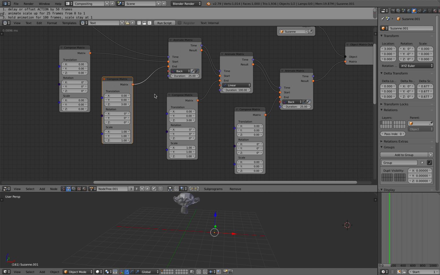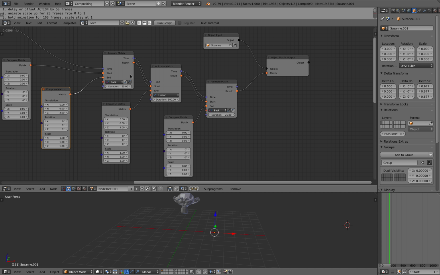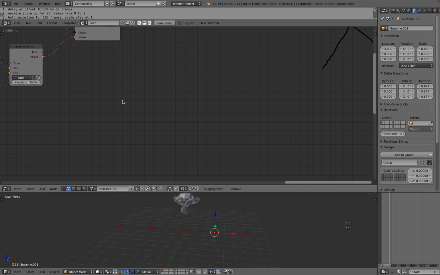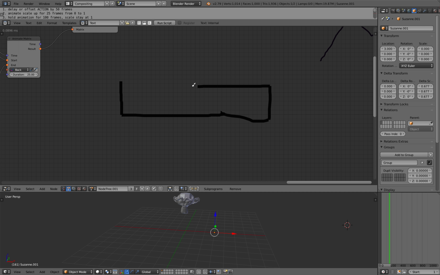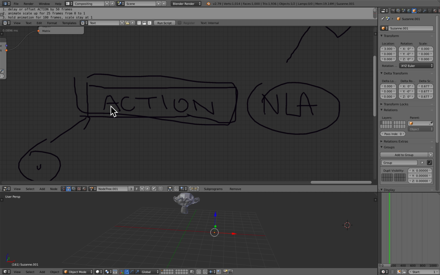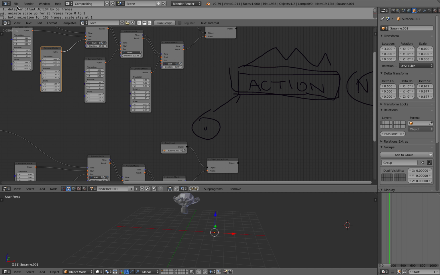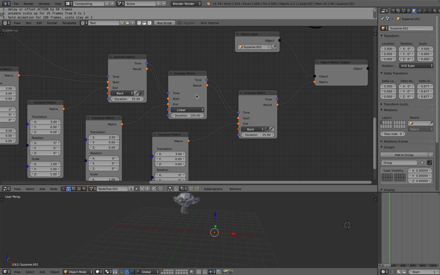Of course, at some point you might want to use Animate Vector, but beyond this you might animate using bones, or other kinds of values that are a little more complex. Ideally, I think at some point Animation Nodes will have some way to control actions, just like the NLA, non-linear animation. This is like an NLA, but maybe something for the future. You just plug in an object's action, and control the speed of the animations, whether you want to move back and forth, things like that. I guess that's for the future,